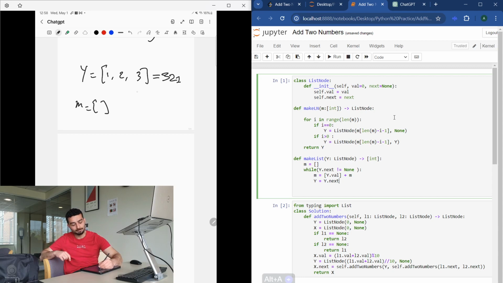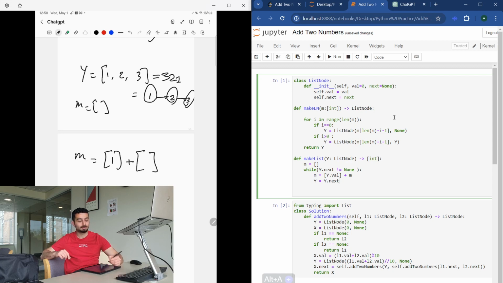Y is actually kind of 1, 2, 3, right? So Y dot next is not none. And M will be Y dot val, which is 1, plus this, which will be 1, right? And then Y is Y dot next, Y will be 2, 3. Y dot next is not none,